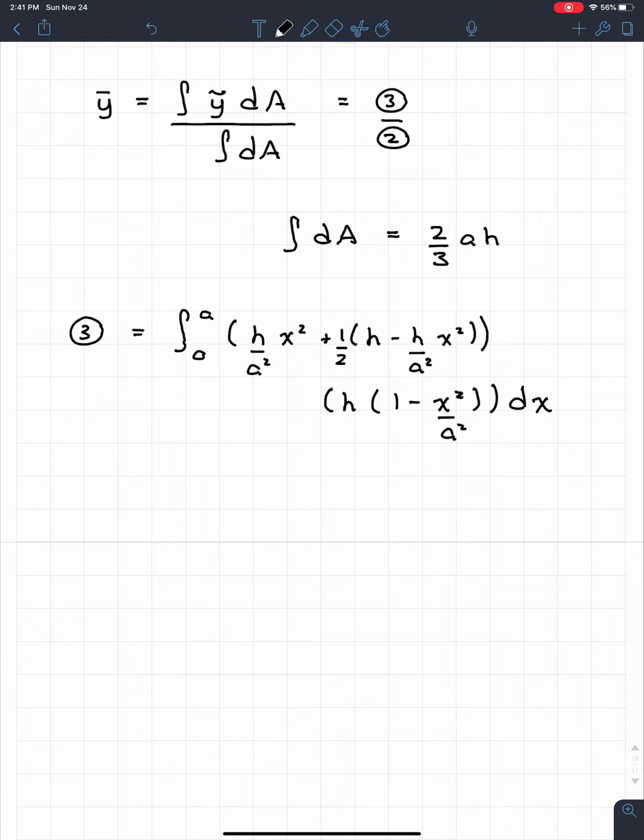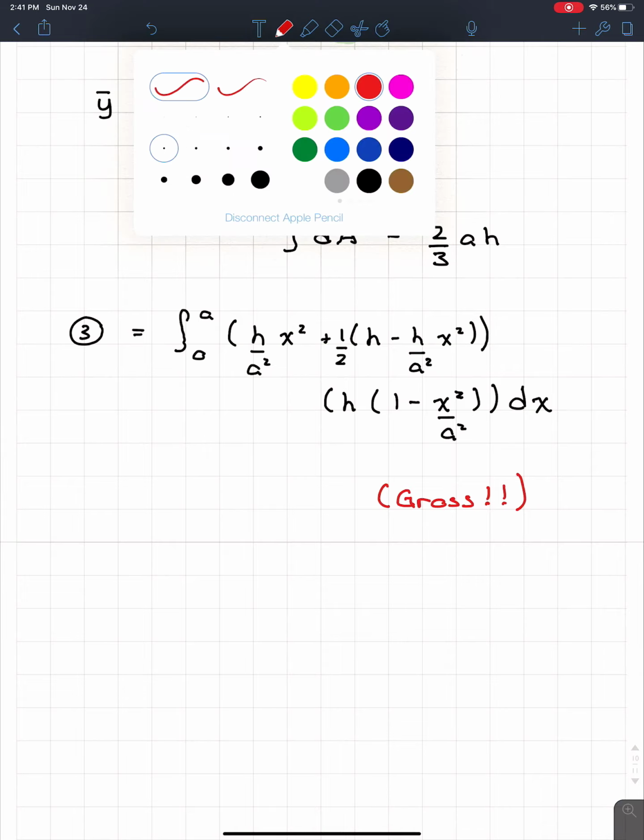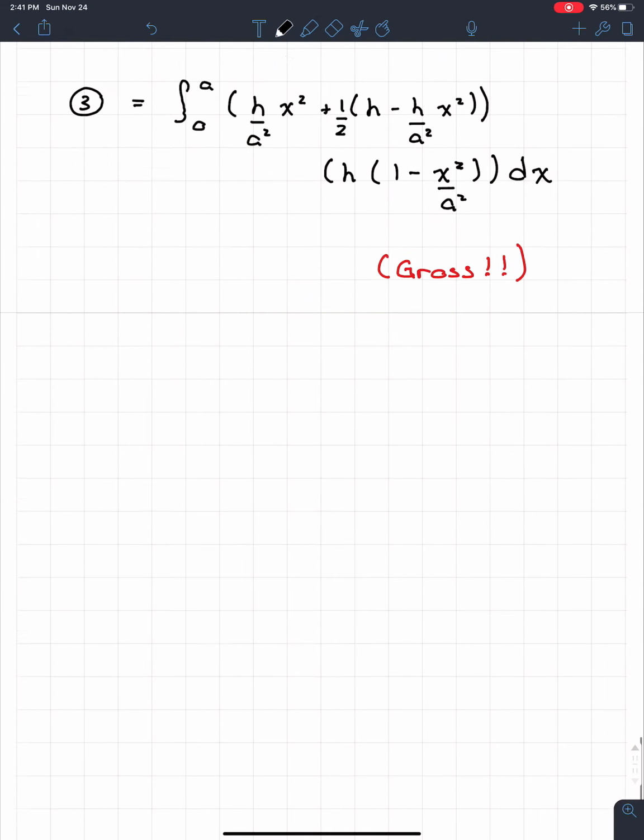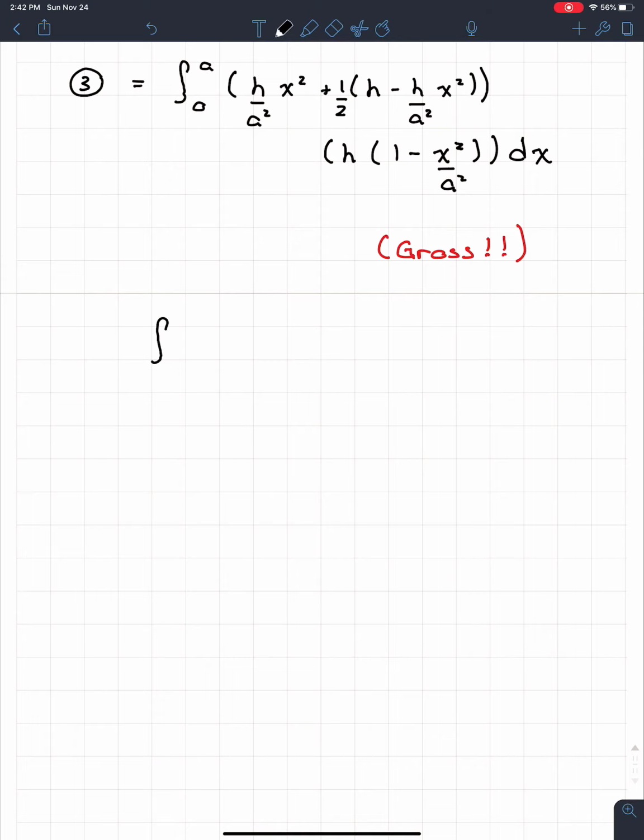That's an absolute mess. And what happens is it actually simplifies very, very nicely. But you guys will never see that if you do it this way. So what I recommend for this kind of purpose, if you ever have an integral and its y squiggle is just so gross, is just keeping it in terms of y until we simplify it as much as possible. So this right here, I'm just going to put gross. So we know that there's going to be some relationships, but it's hard to point out when the integral is that long. So instead, let's just go up here and let's keep everything in terms of y